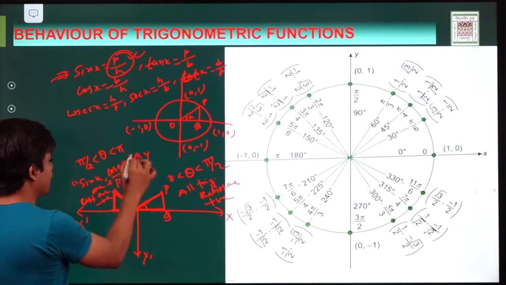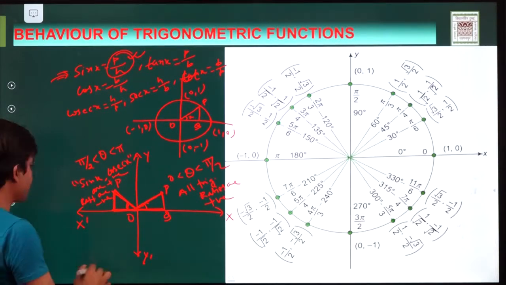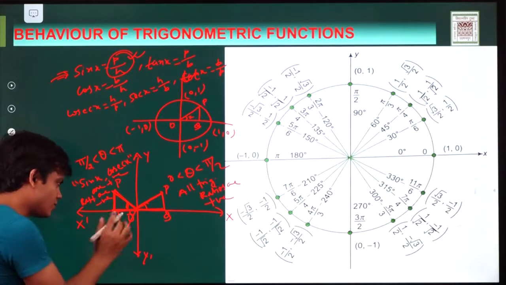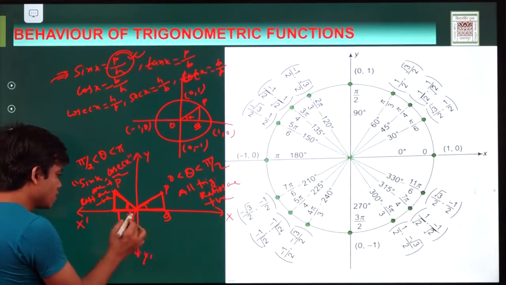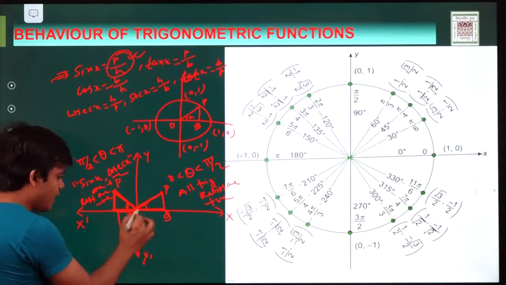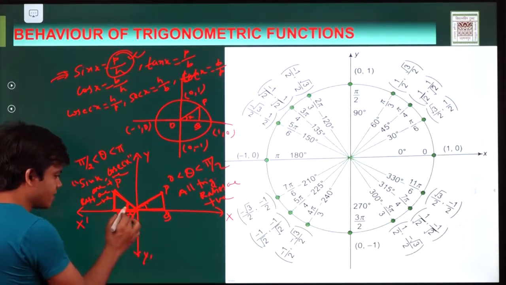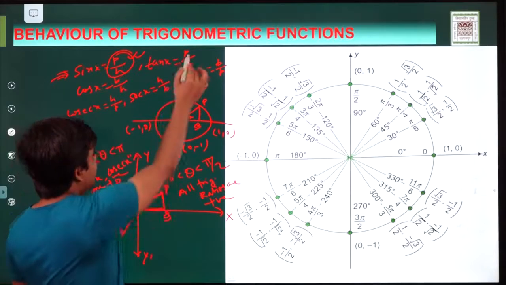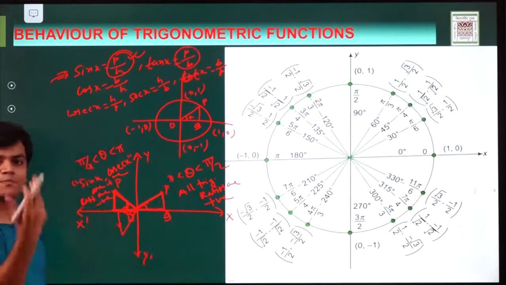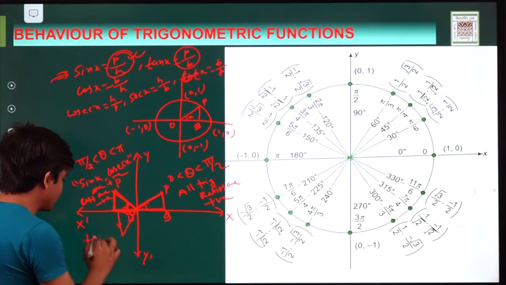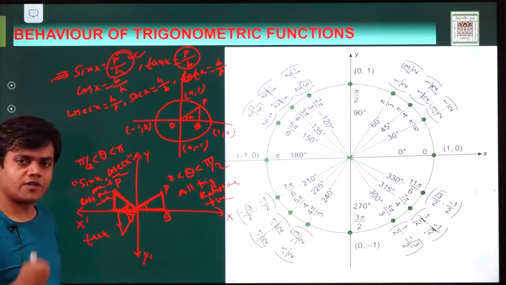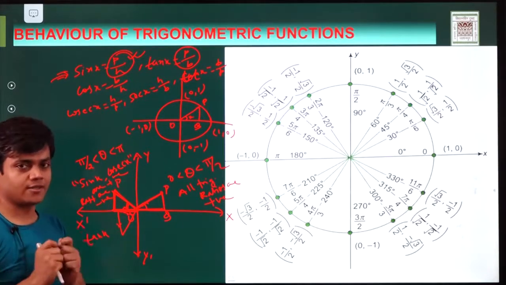Okay, only sin x and cosec x are positive in this. But when we discuss the third quadrant, I am taking a different angle, you just need to understand. You can see your base is negative and your perpendicular is also along the negative direction. So in tan x, P by B, if P is negative and B is negative, then finally you will get tan x as positive. So only those ratios will be positive in which P and B lie together.